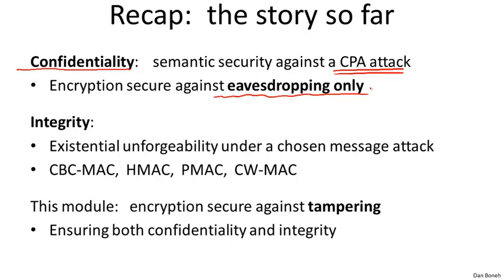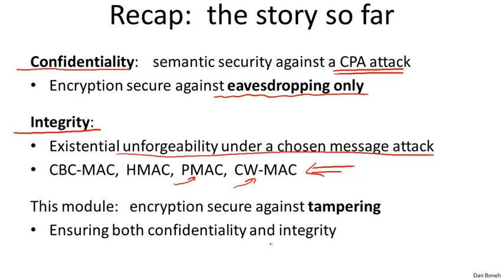Then we also looked at how to provide message integrity where the message itself is not confidential. We just want to make sure that the message is not modified while it's en route. And so we talked about message authentication codes, MAC algorithms that provide existential unforgeability against a chosen message attack. In other words, even though the attacker is able to obtain the MACs on arbitrary messages of his choice, he can't build MACs for any other messages. And we looked at a number of MAC constructions, in particular a CBC MAC, HMAC, a parallel MAC construction, and a fast MAC construction called a Carter-Wegman MAC.